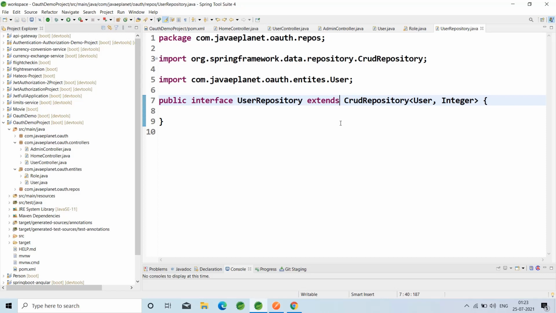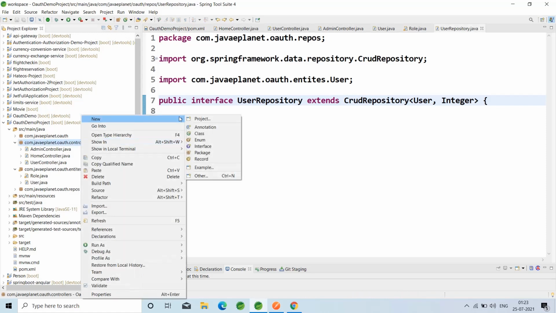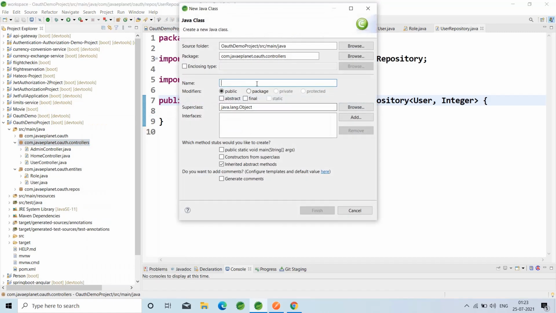After this, create the authorization server and resource server. First of all, let me create the web security configuration. Right click, new class. Keep that in the config package.